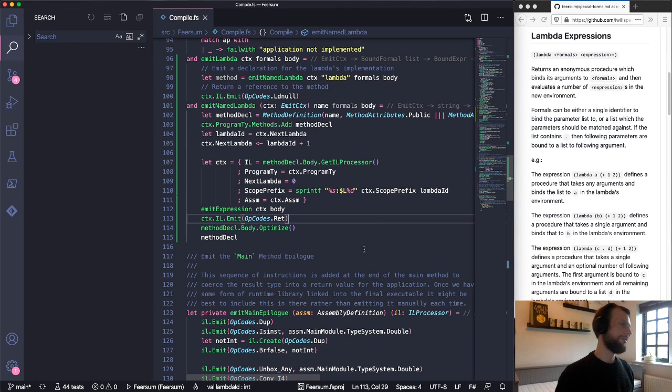So as we go further down, we'll end up with unique names. So if I go there,